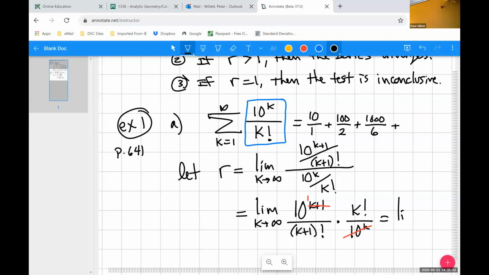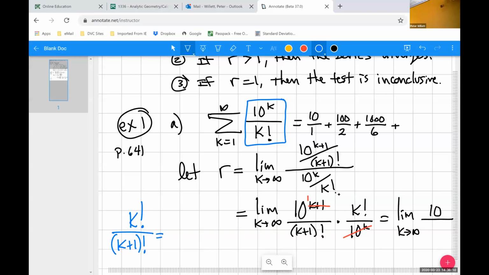So I would be evaluating the limit as k tends to infinity. And in the top, I would have this 10 here. Then similarly, if I want to focus on this k factorial divided by k plus 1 factorial, let me write that off to the side here. If I have k factorial divided by k plus 1 factorial,